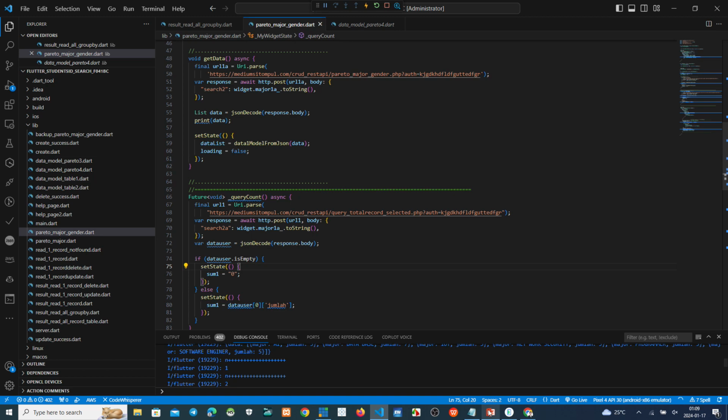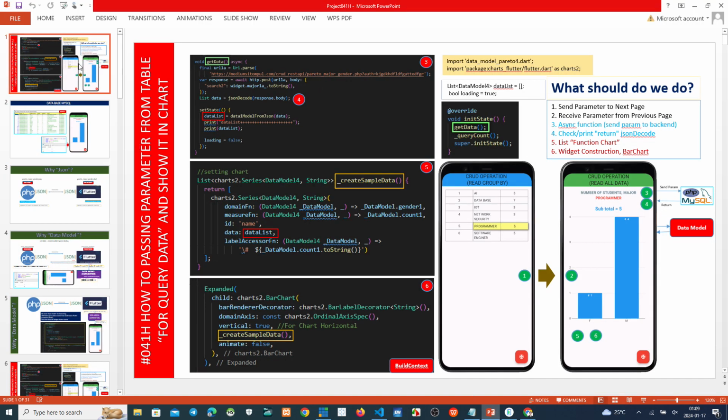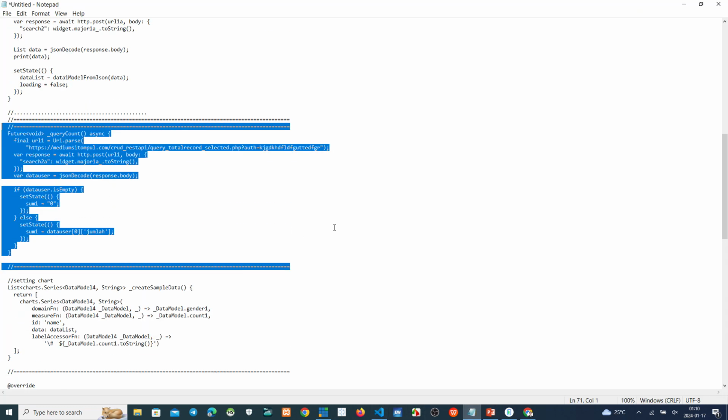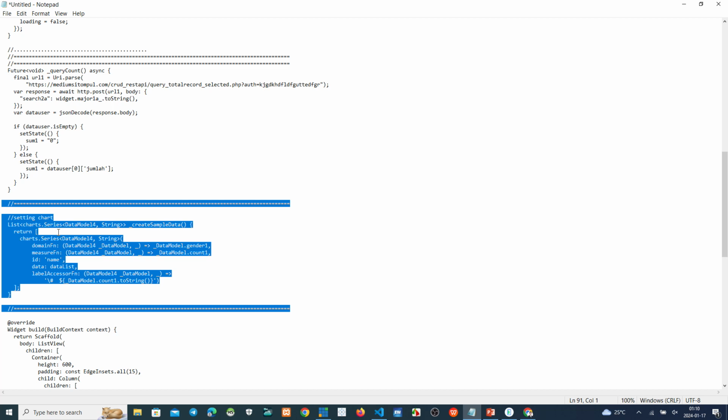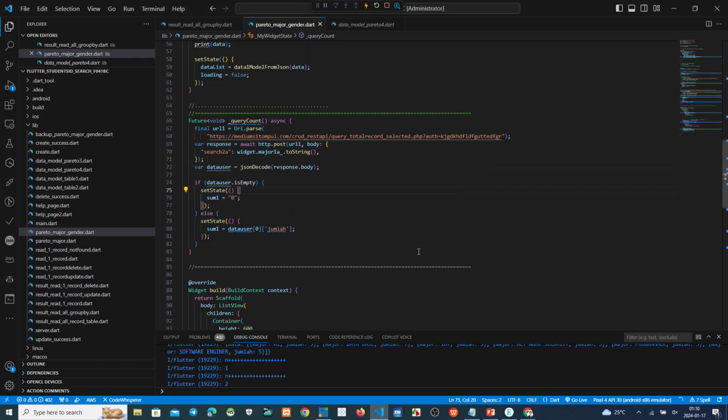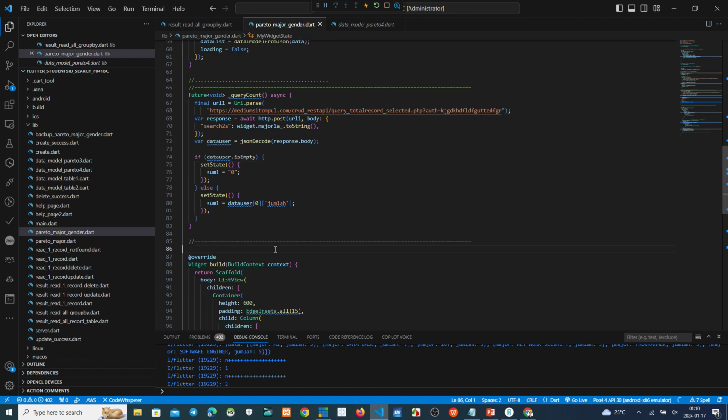So after that, we go back to the explanation. Now we want to show the result, but before we show it, we make a setting chart. Okay, now set the chart, copy. Make this setting a chart.